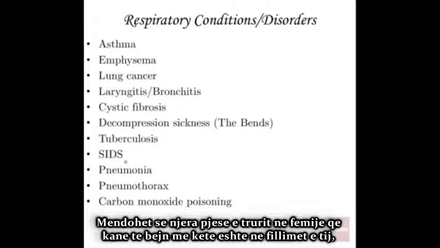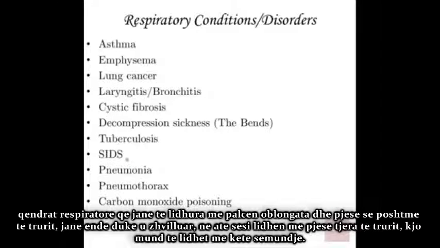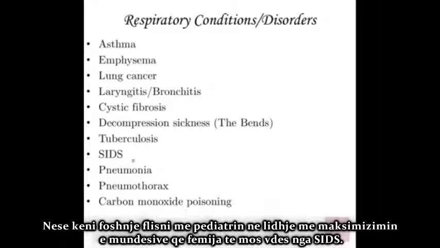They think that one of the parts of the brain in babies that has to do with it is that early on in an infant's life, the respiratory centers associated with the medulla oblongata and the lower parts of the brain are still establishing how they connect to the cerebrum and other parts of the brain, and that might have something to do with it. So if you do have an infant child, talk to the pediatrician about how to maximize the chances that the baby will not die from SIDS.